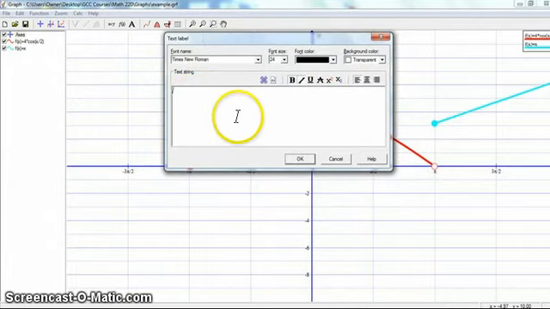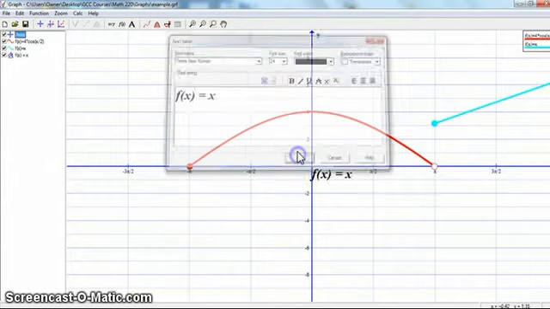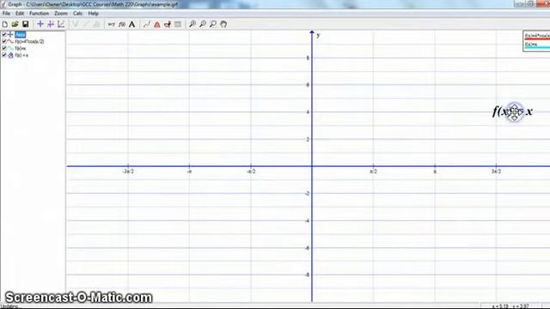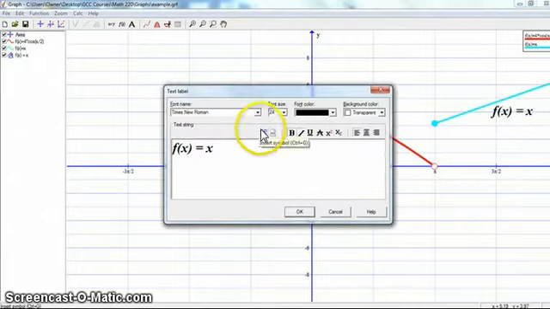So for example, f of x equals x, and I can change the font size and all of that. I can put that next to the part of the graph it illustrates. If I want to label a point, I can label a point,